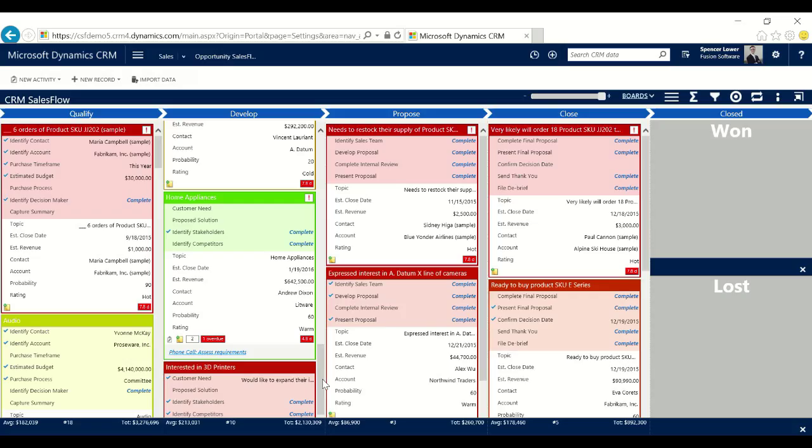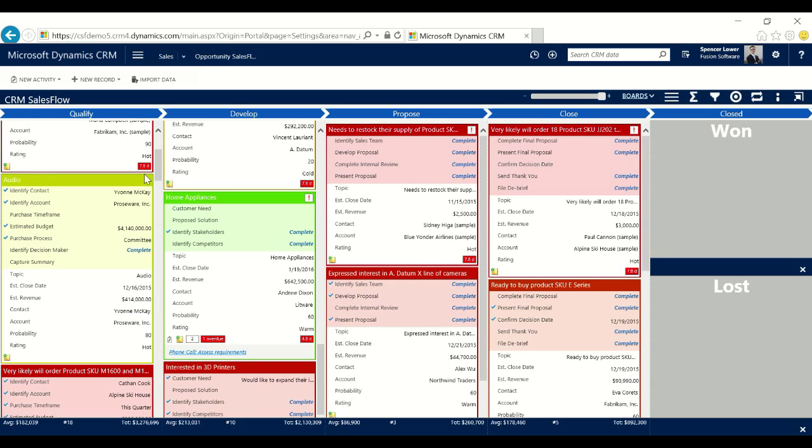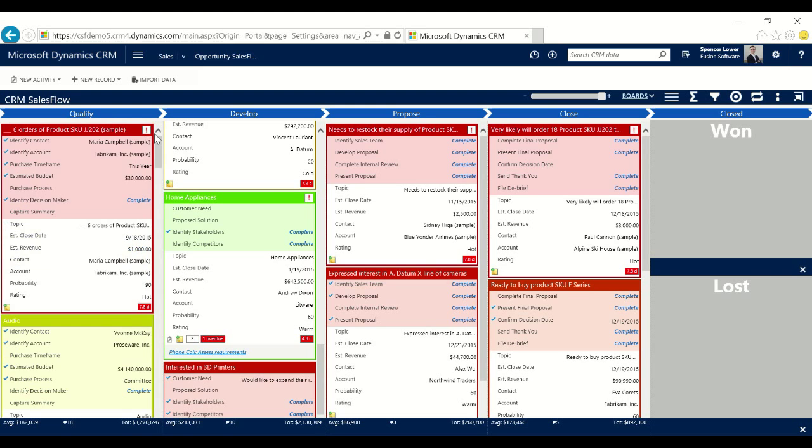Now you'll see that cards on this view are different colours, and that's because I have chosen to colour the cards based on their estimated revenue. So this home appliances opportunity is green, that's because it has a high estimated revenue. This one here is low compared to the rest, so $1,000 here, $2,500 here. But if we look at this one that is more of a green-yellow colour, the estimated revenue is